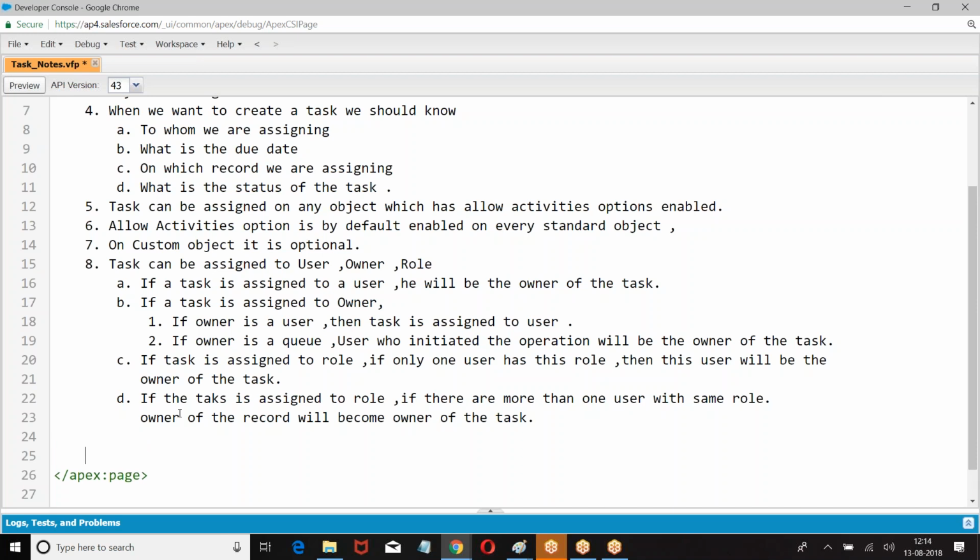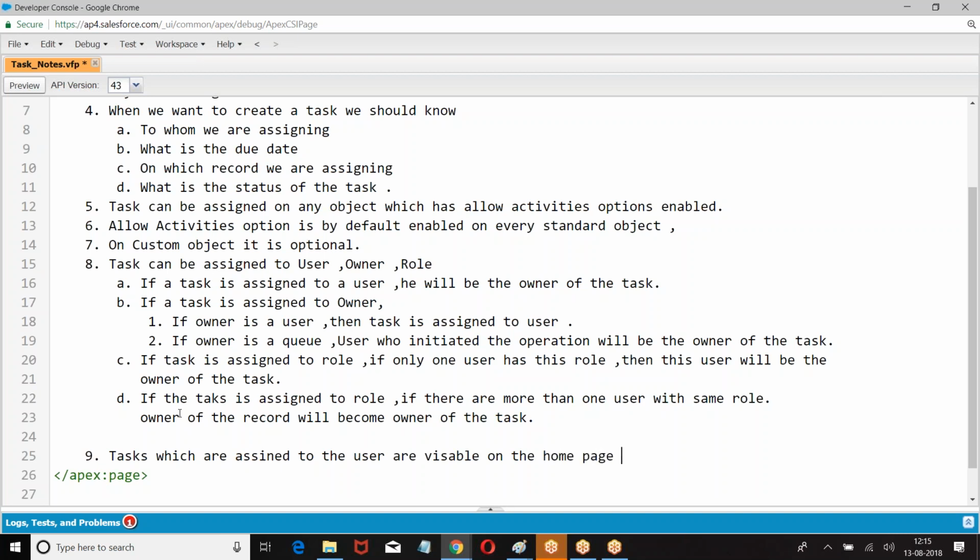So where will you check the task assigned? Tasks which are assigned to the user are visible on the home page as activities.